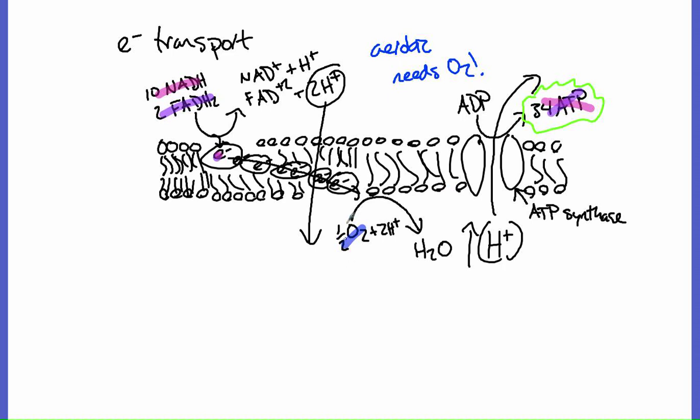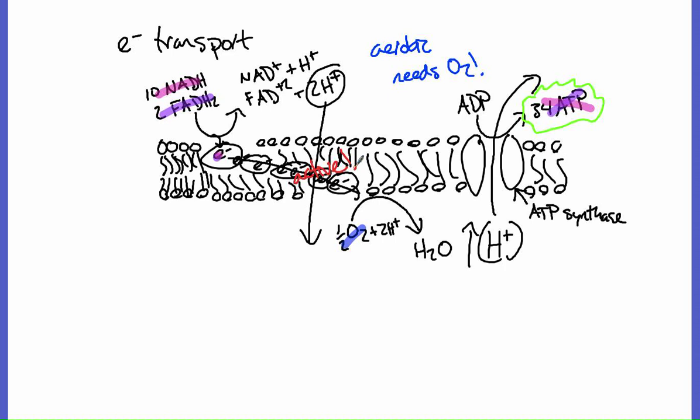If I didn't have oxygen to catch electrons at the end, to give those electrons somewhere to go, there'd just be a traffic jam. And again, in order to power this movement of hydrogen ion across the membrane, in order to power that active transport again,